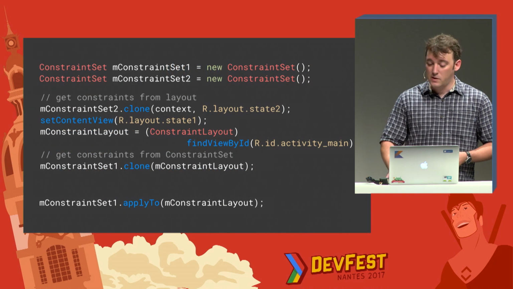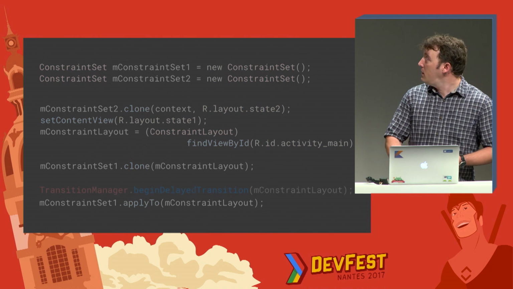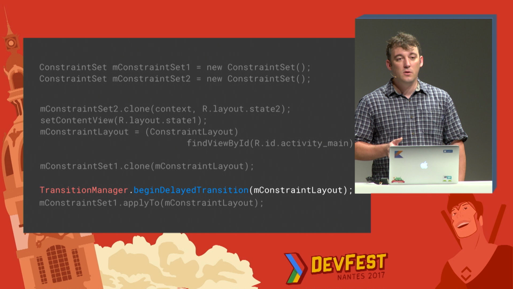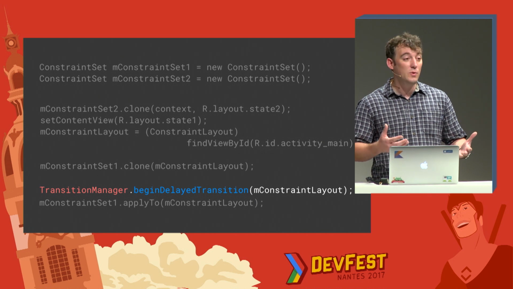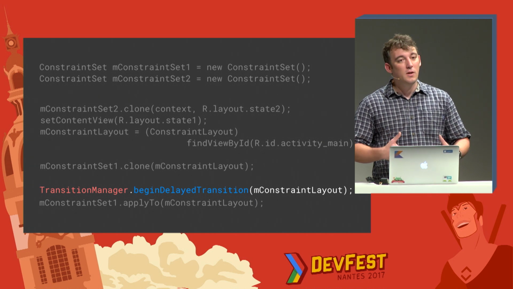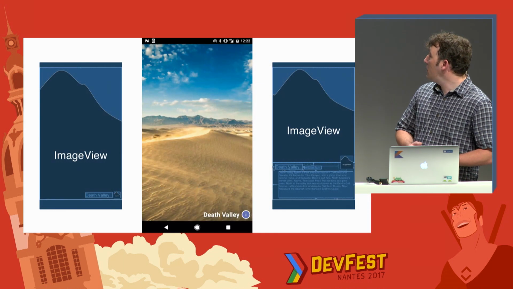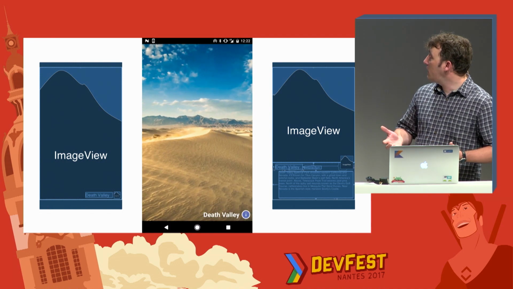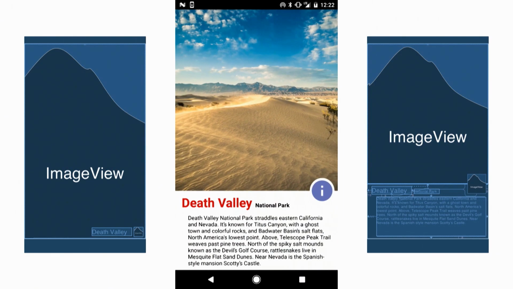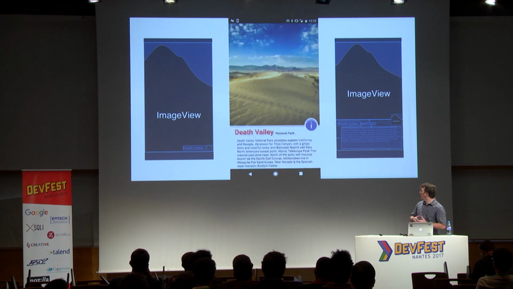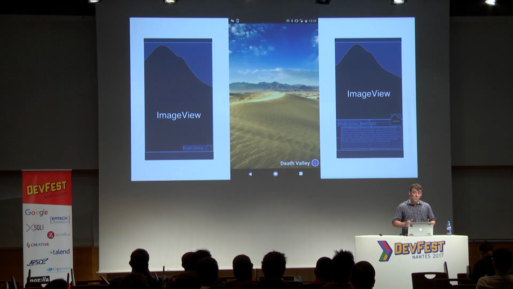If you go back to that example earlier, essentially you just do that line, and that's it. You call transition manager, and all the differences between the two layouts are going to be automatically computed, and the animation is going to play for you. So that's how it looks, for instance. Here I got two layouts. I click on the button, and when I'm in the button handler, I'm just toggling between those two constraint sets. And transition manager does its magic, and everything moves nicely. It was much easier to do that than to do it by hand, believe me.